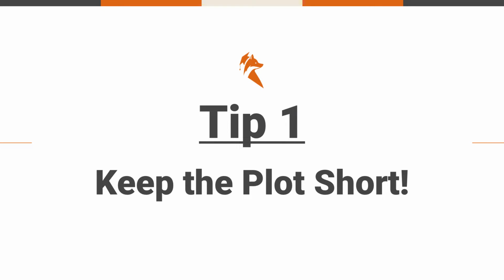So to summarize, the first tip is keep the plot short. Why? Because you don't get marked for the plot, you get marked on your use of techniques for effect. It's the same reason why you watch a movie. You don't watch it for the plot, you watch it for the way the movie is delivered through the use of techniques. If all people cared about was the plot, then Wikipedia plot summaries would be way more popular than the movie itself. But it's not, because it's all about the way the story is told. And the way the story is told is through the use of techniques. That's what makes the story interesting, and that is what you get marks for.